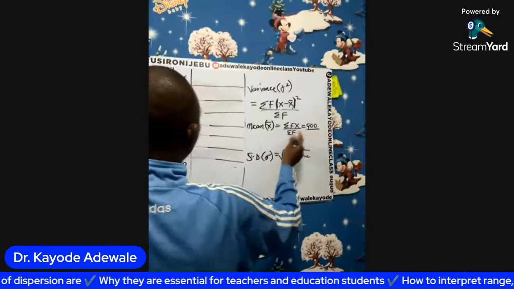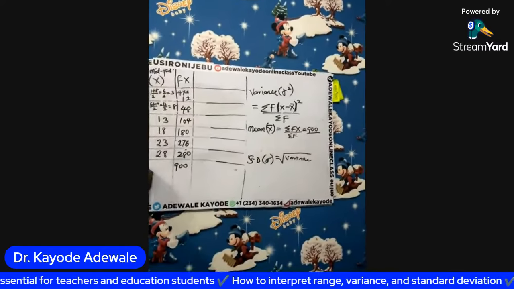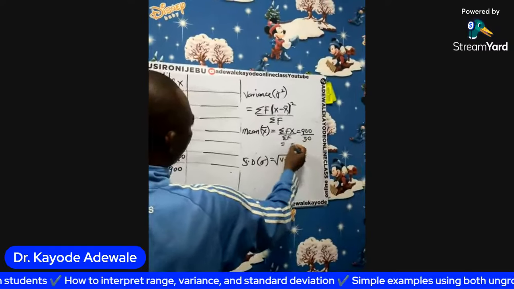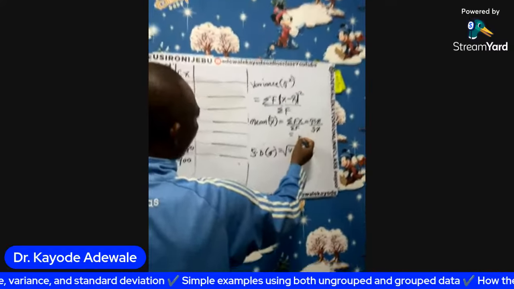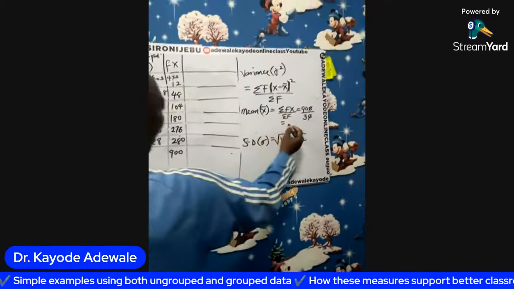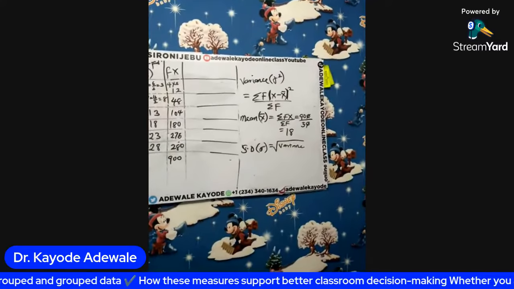900 divided by the total here. What is the total here? 50. So divided by 50. When you divide, this will cancel this. How many 5 can we see in this? Can you find that too? So the mean value here is equal to what? 18. So that means your X bar